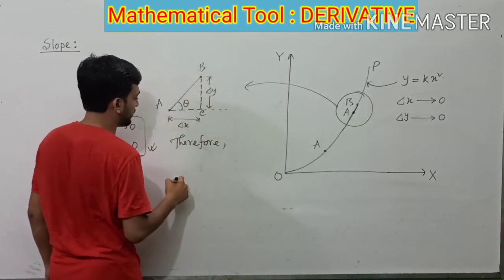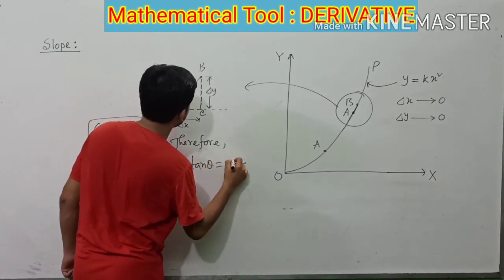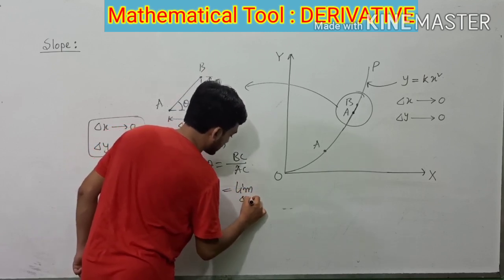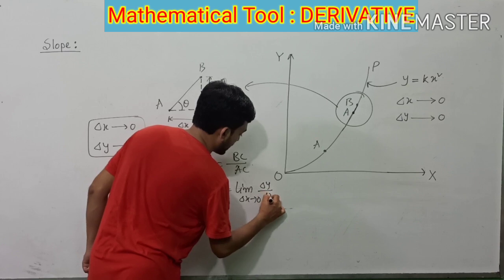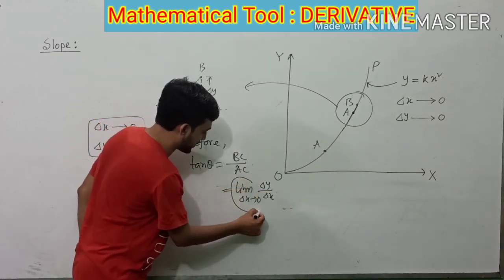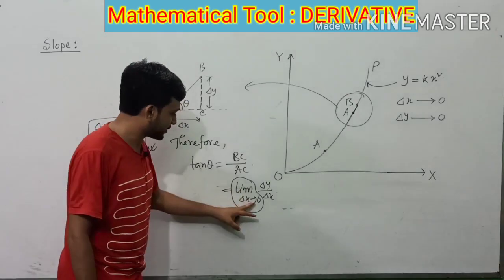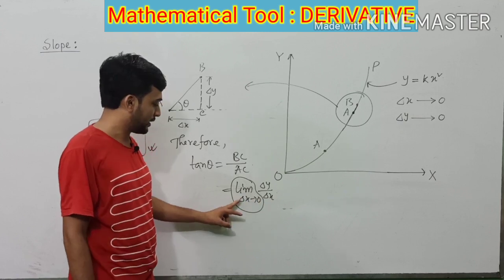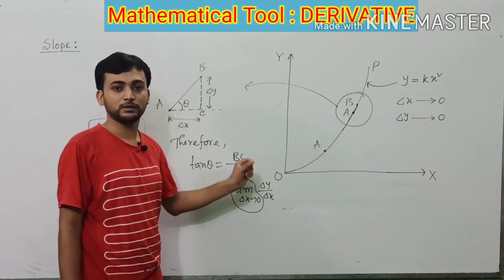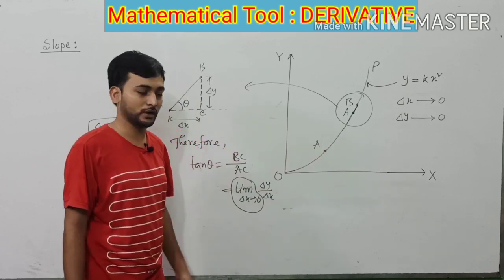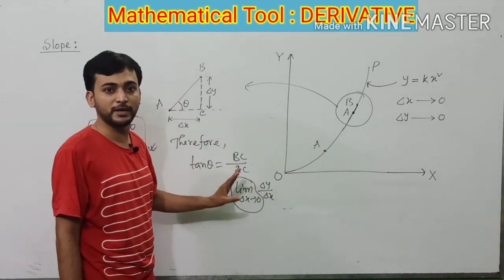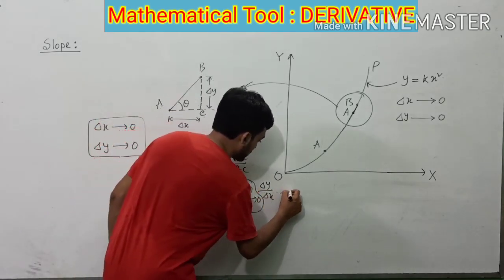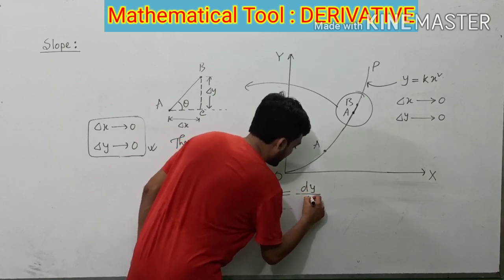slope of the line AB will be tan theta is equal to BC by AC is equal to limit del x tends to 0 del y by del x. What is the use of writing limit del x tends to 0 here? This limit del x tends to 0 simply represents whatever change we are considering in x coordinate, it is very small and the value is nearly equal to 0. Okay, in detail you will get to know about limit in mathematics. This limit del x tends to 0 del y by del x is also written as dy by dx, and